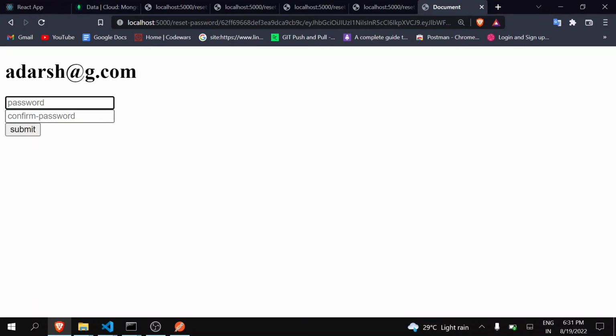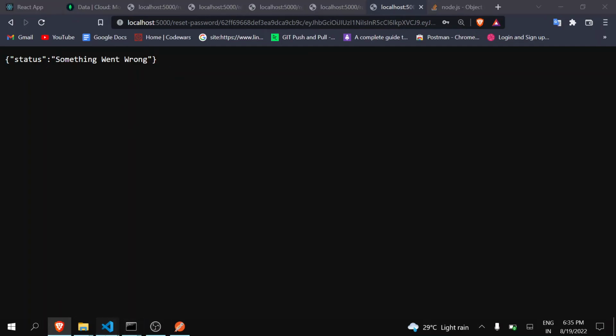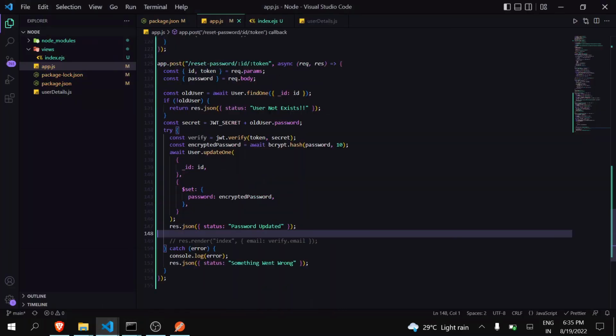You can just validate that password and confirm password should be the same. I am not doing this. So I will write password 1, 2, 3, 4, 5, 6, 7, 8. I will just click on submit. Okay, you can see that I am getting an error here, something went wrong. So I think it is because